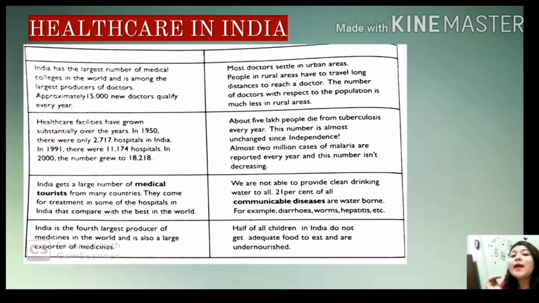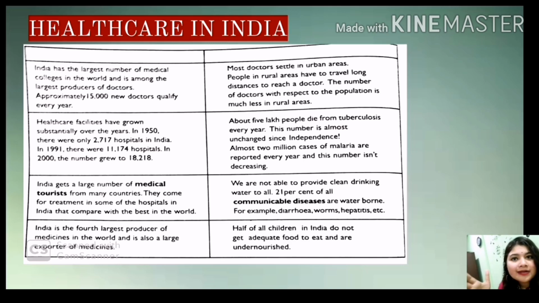Now in the negative aspects, we have known that most doctors settle in urban areas. People in rural areas suffer a lot and have to travel long distances for their treatment. About 5 lakh people die of tuberculosis every year, and this number is almost unchanged since independence. 2 million cases of malaria are reported every year. We are not able to provide clean drinking water to all. Half of all children in India don't get adequate food, and they suffer from malnutrition because they are not